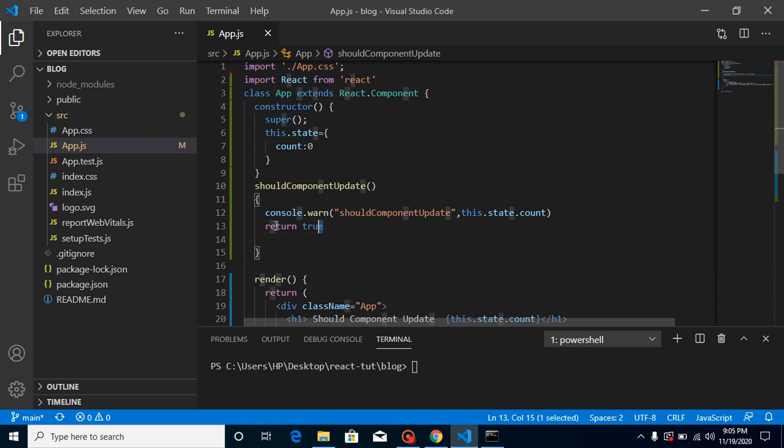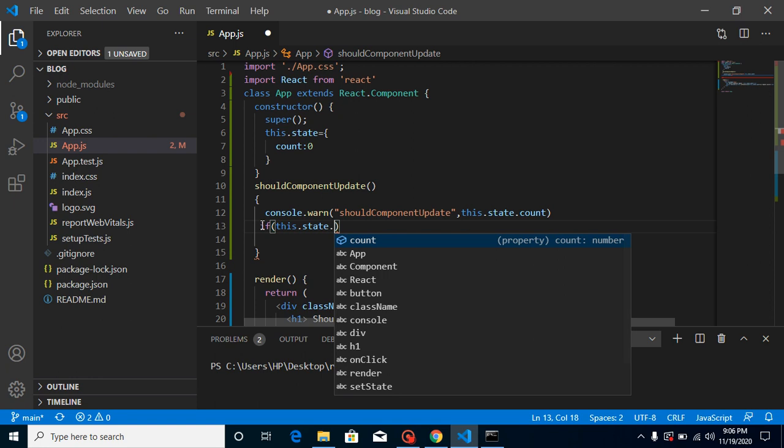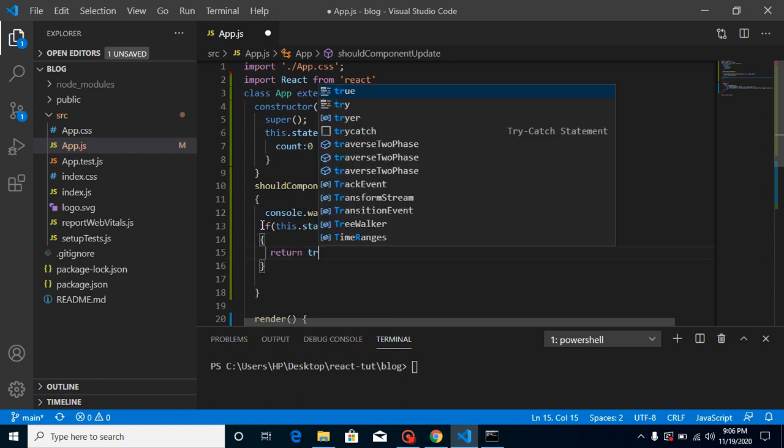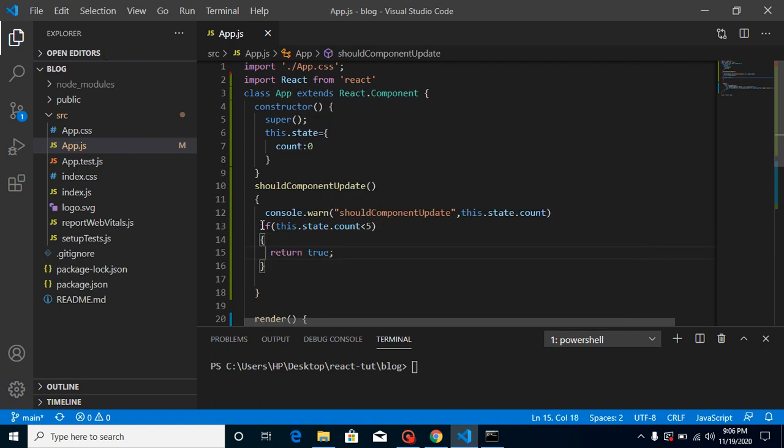So let's check out another example. I'm going to put here: if this.state.counter value is less than 5, then it will return true, right? And after that this component should not be updated.